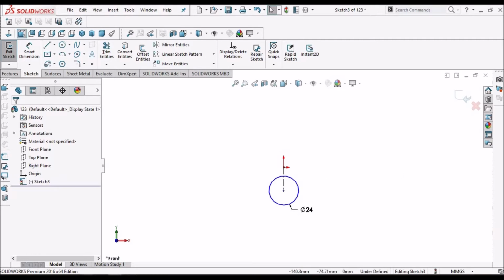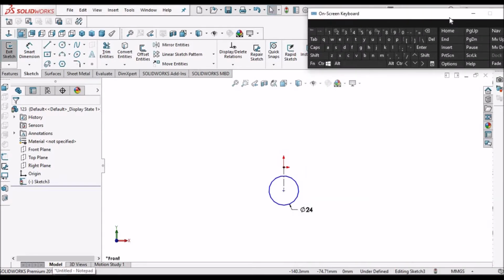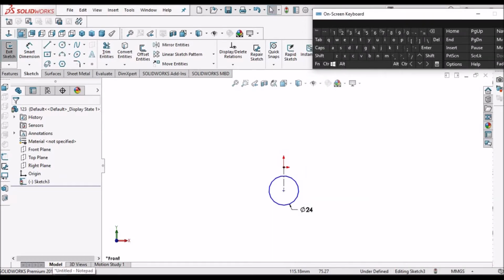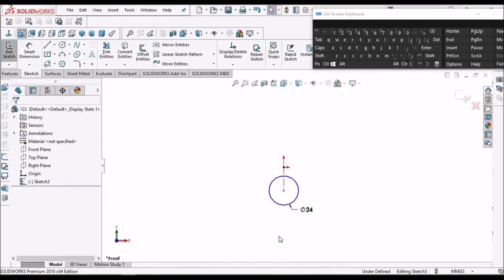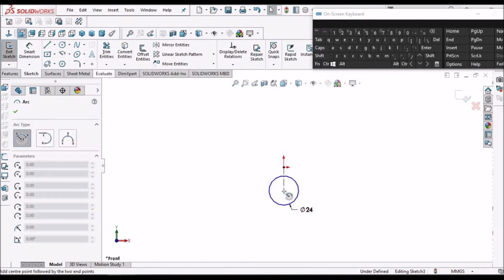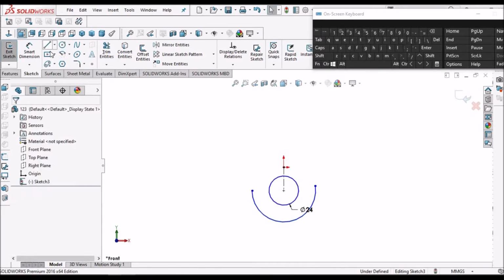Twenty-four. It's 26. Take center point arc. So 26.